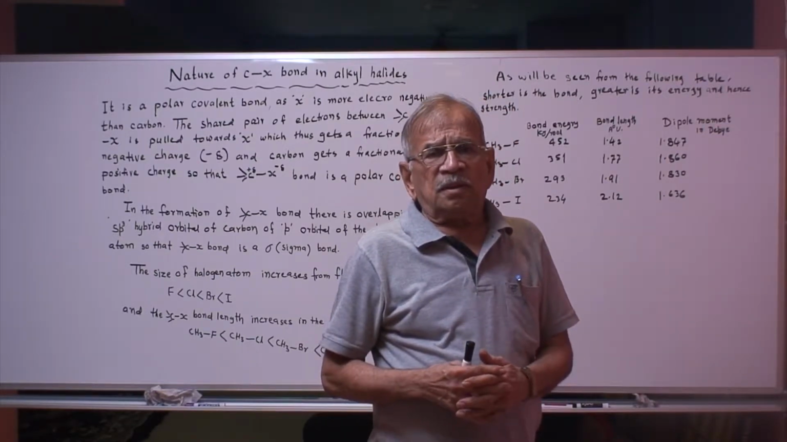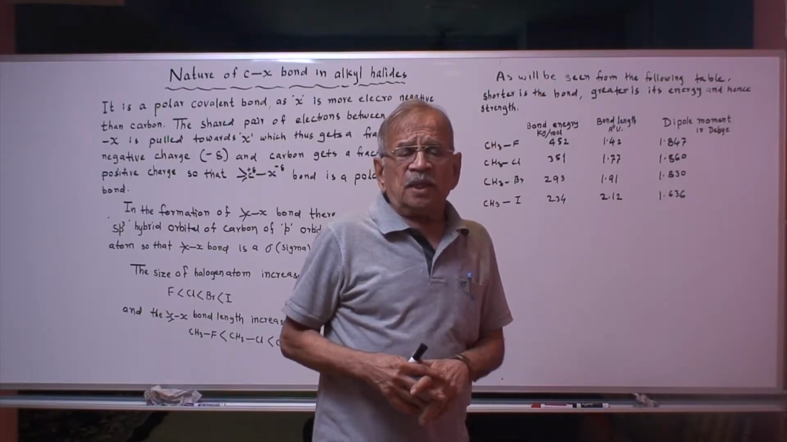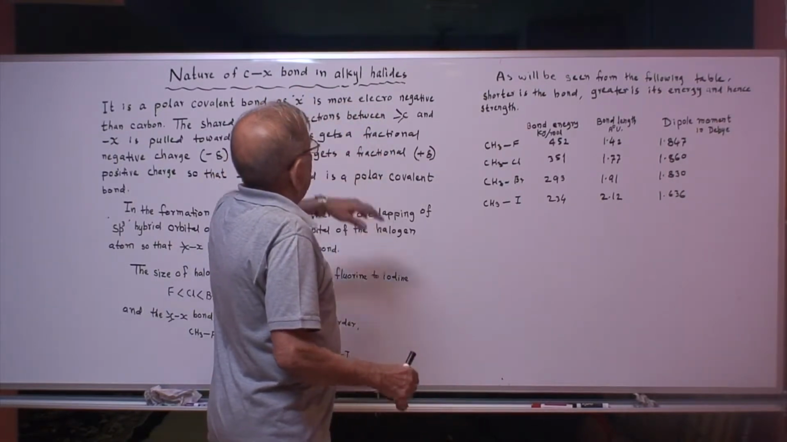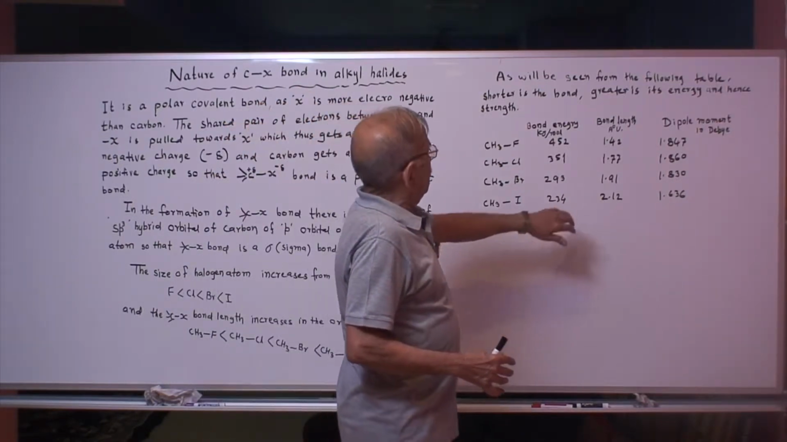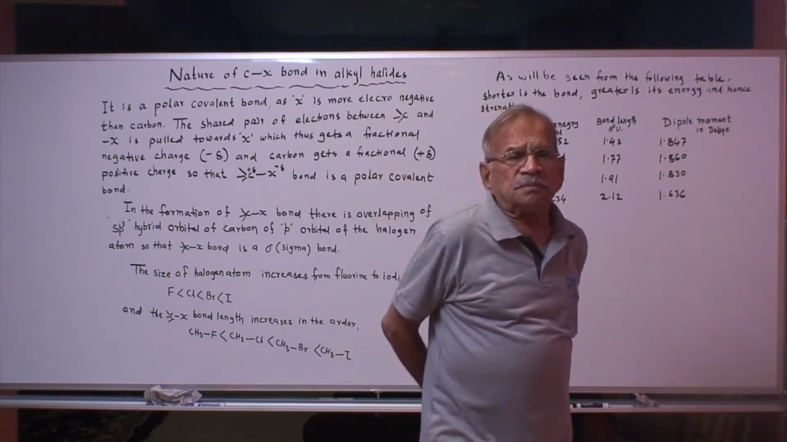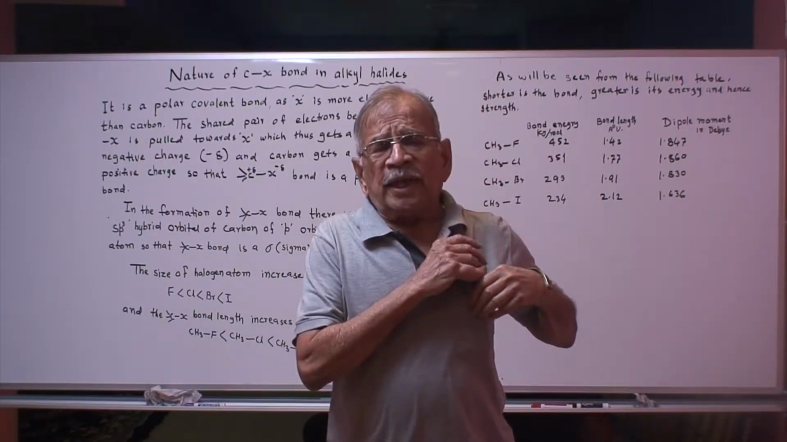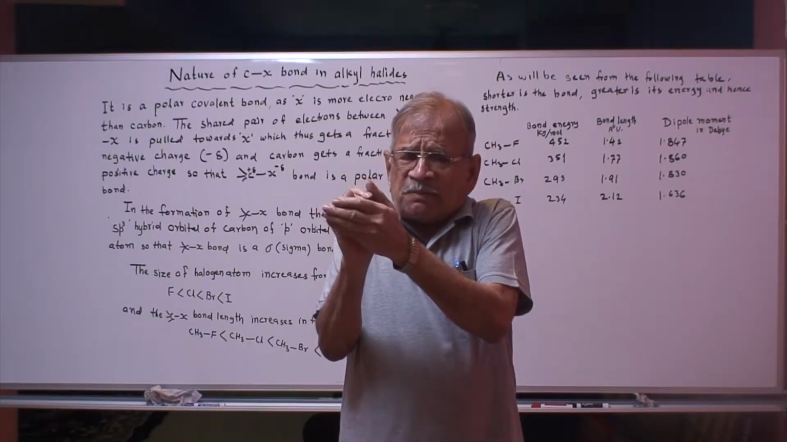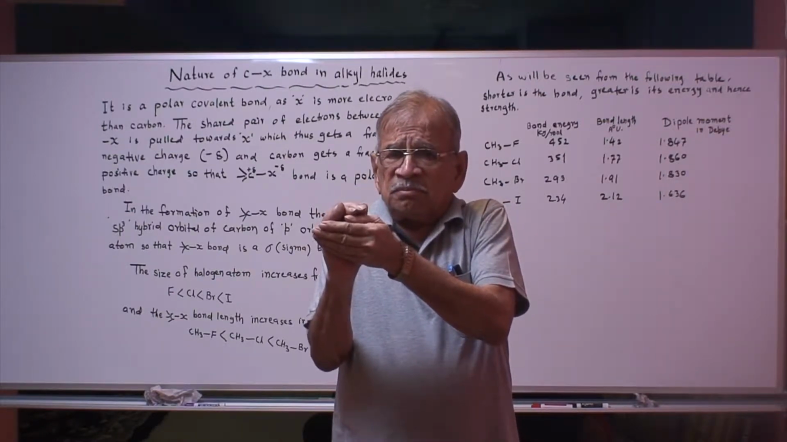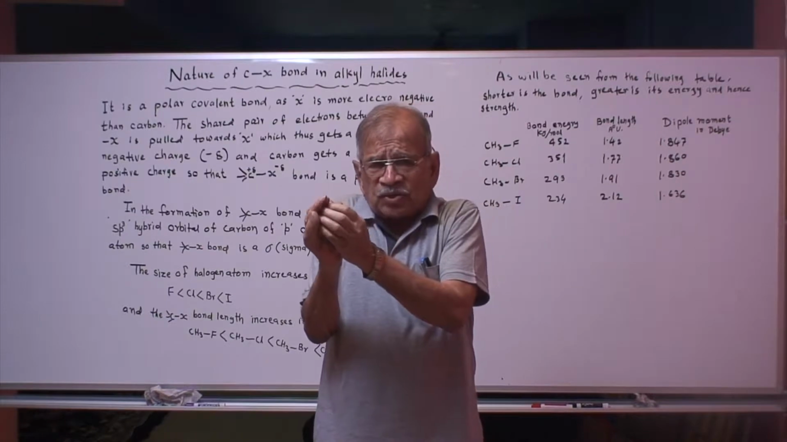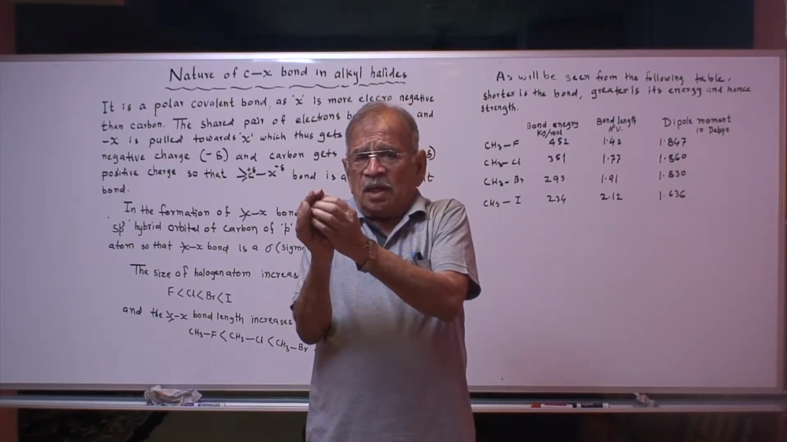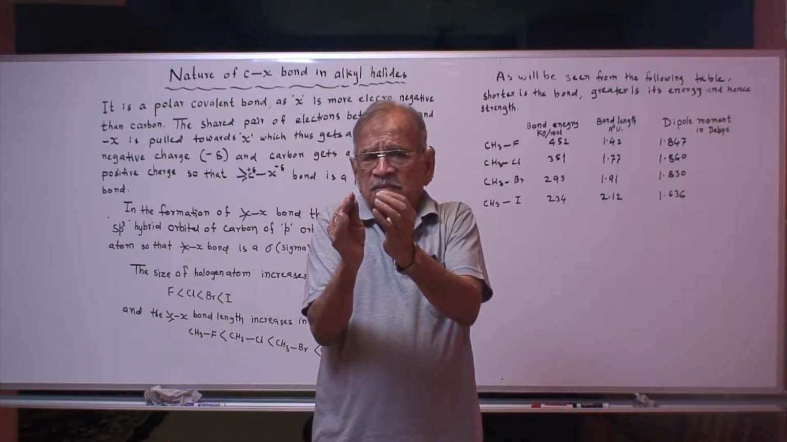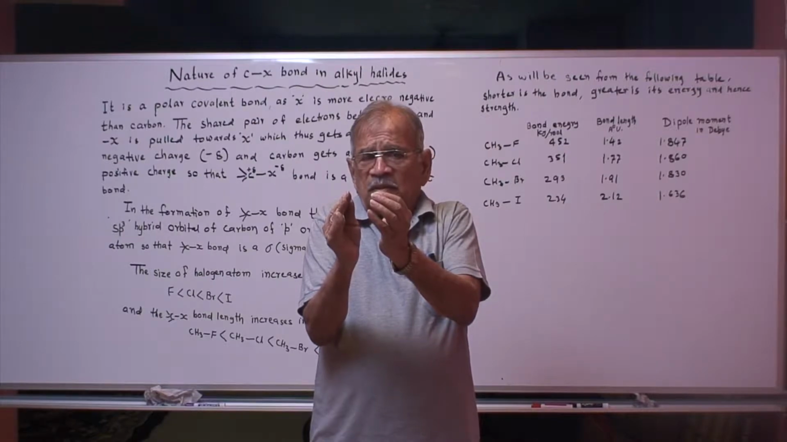Now going back, let us collect more information about the nature of the CX bond in alkyl halides from the following table. It is very well known that fluorine is a very small atom, the smallest atom. Chlorine is just bigger than that. Bromine,